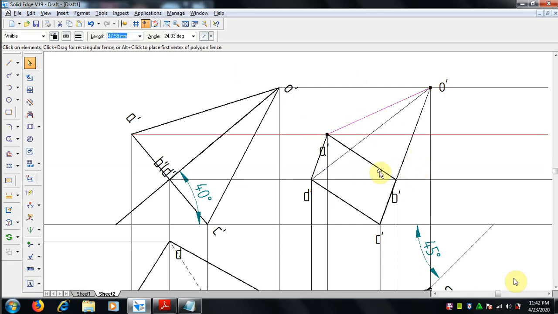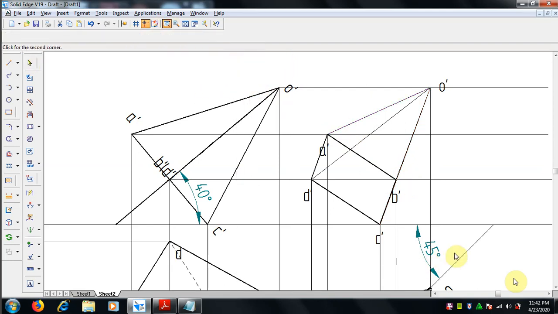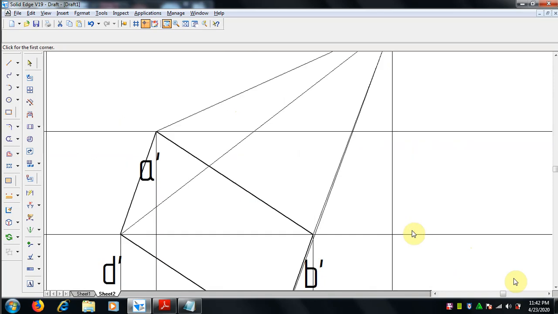The slant edges from the visible corners, that is A, C, okay, these are all to be selected in 0.5 mm thickness.